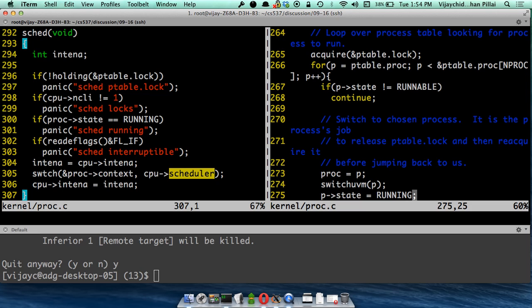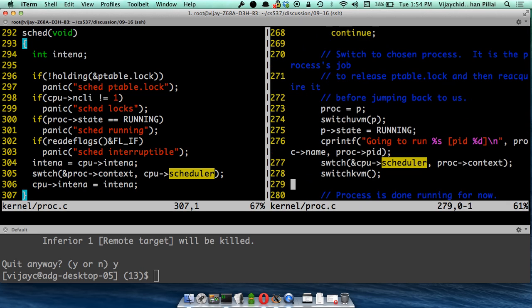If you want a hint, it's on screen. Right. So it will come back here. So when it does the switch statement here in 277, that's going to have the effect of restarting the user process. And the user process was doing sched before, right? Before it got switched out. So for the user process, it will seem as if this switch returned, and it will start executing